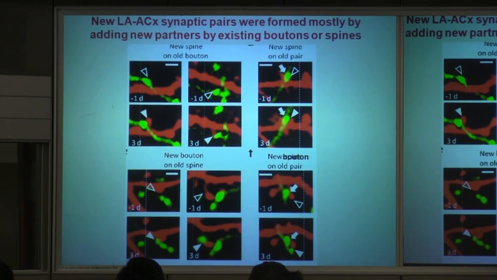Now, then we address the interesting question: is the newly appearing bouton and newly appearing spine always a pair? It turns out it's not. It turns out that the new synapses are made by having an existing spine search for a new bouton, or an existing bouton search for a new spine. So you are using the original wire, your original connection. You add new partners to it, rather than making a de novo new connection. And this is a total surprise to us and to many people in the field. Well, this hasn't been published, so I'm sure it's going to be a surprise to the people in the